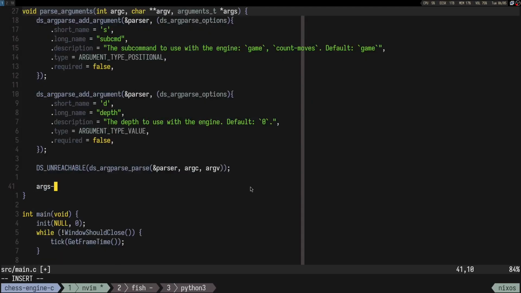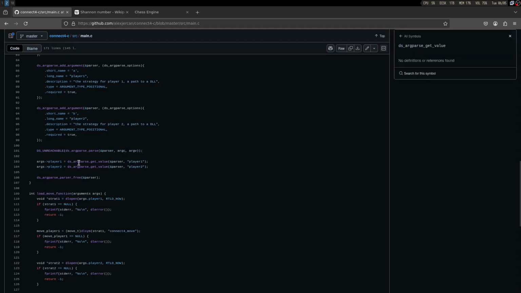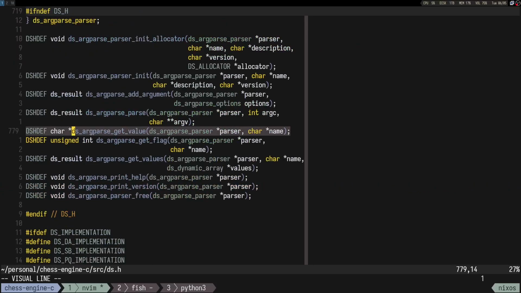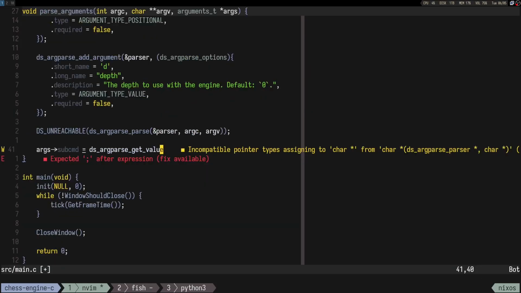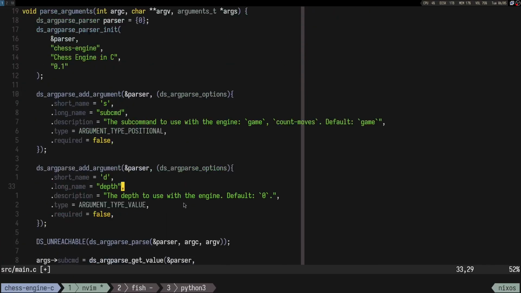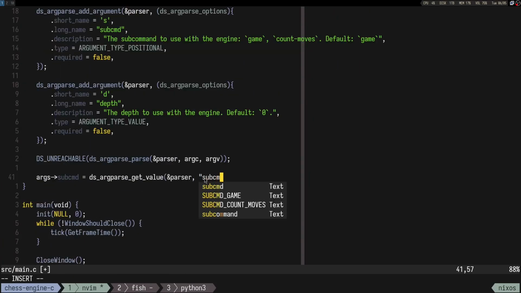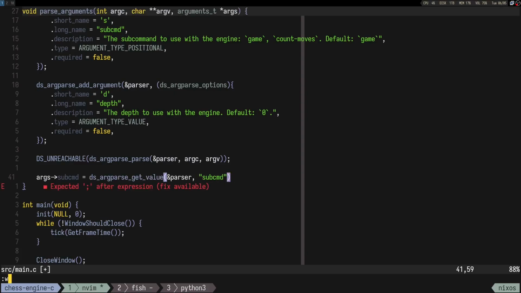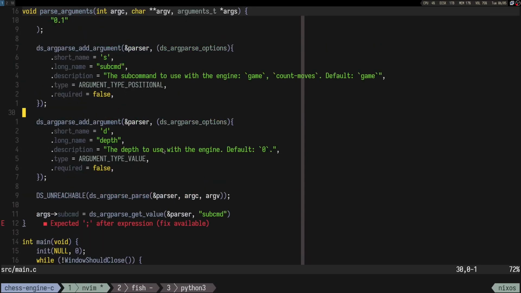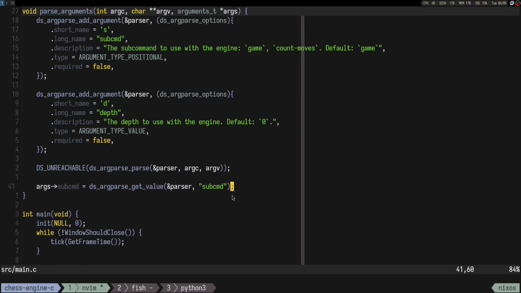And args sub cmd is going to be, so we are getting the value, we have get value, get flag, get value from parser, and we are using the long name, so subcmd. I mean, it's kind of hard coding the string, but who cares? Subcmd, and